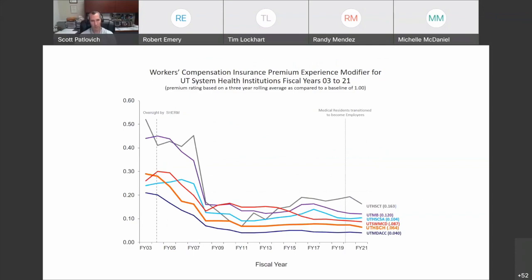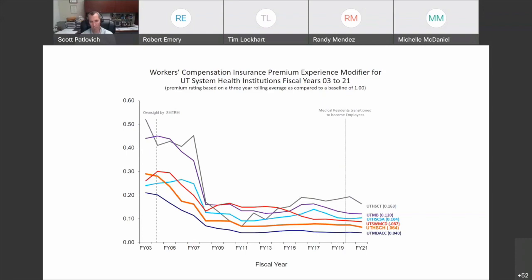When it comes to the workers' compensation experience modifier, essentially the amount of money that we pay for workers' compensation coverage, we remain second lowest, or second best, if you will, among the UT system health institutions at 0.64. That means we pay 64 cents on the dollar compared to the industry average of 1 for workers' compensation coverage.